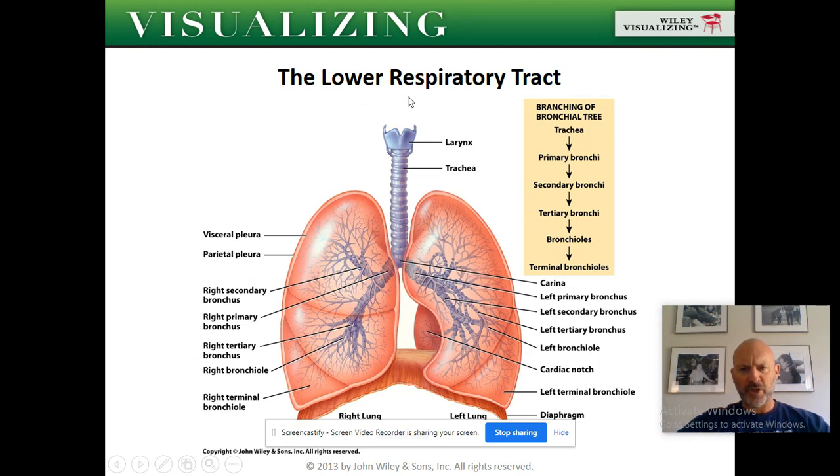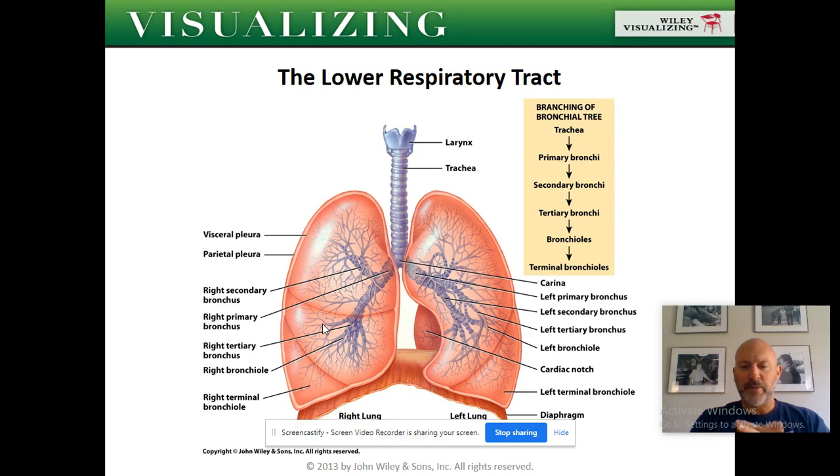So here's a closer look at the lower respiratory tract, starting with the larynx. So when the larynx leads to the trachea, we see those cricoid cartilage rings going all the way down. They continue into the lungs even, with primary bronchus, left and right bronchus. And then they will continue until we get to the bronchioles, which are deep in the lungs. Then we lose the cricoid cartilage rings. Without those rings, if there's inflammation in the lungs, then those tubes can close on themselves, right? Something like bronchitis, for example,